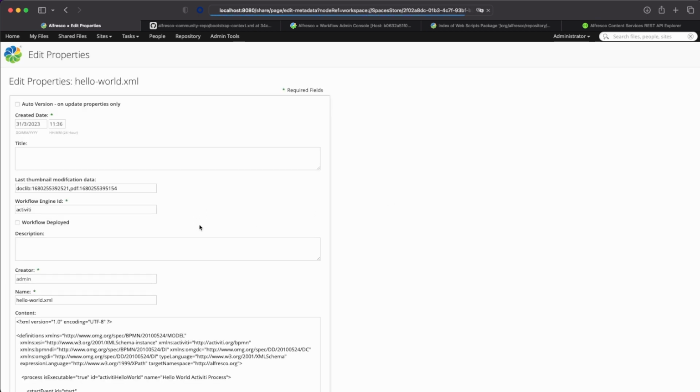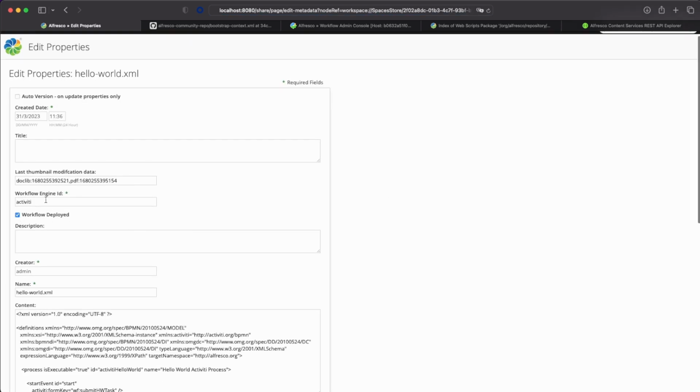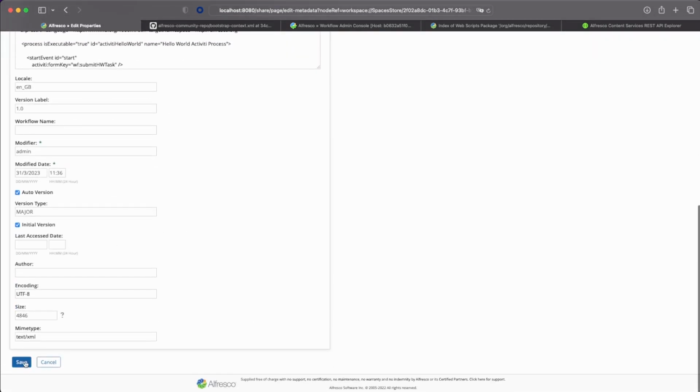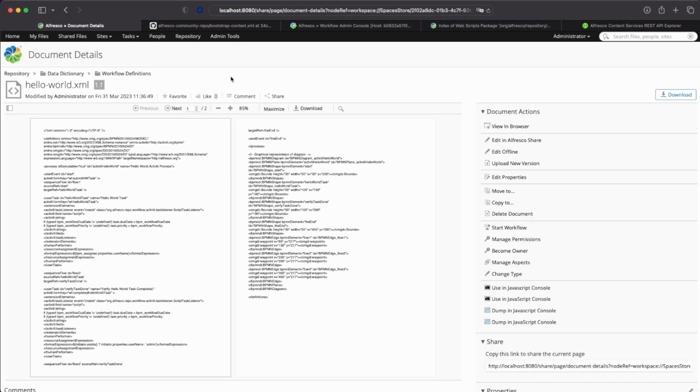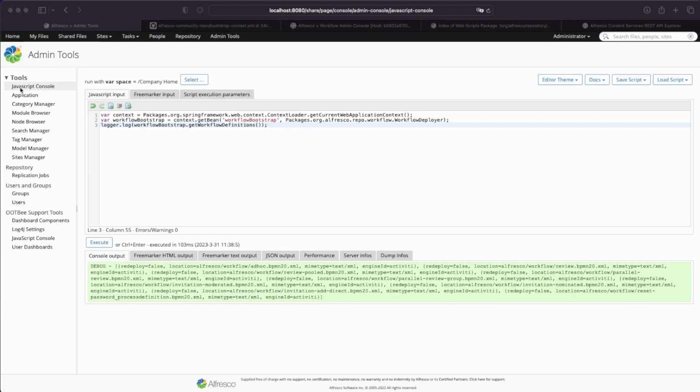And if we choose to deploy this definition, then we have the workflow ready to be used. If we move to the JavaScript console and we get this workflow bootstrap Spring Bean, then we can get all the workflow definitions that are associated to this one. You can see that it is not the one that we already created on the repository. So for that, we need to use the